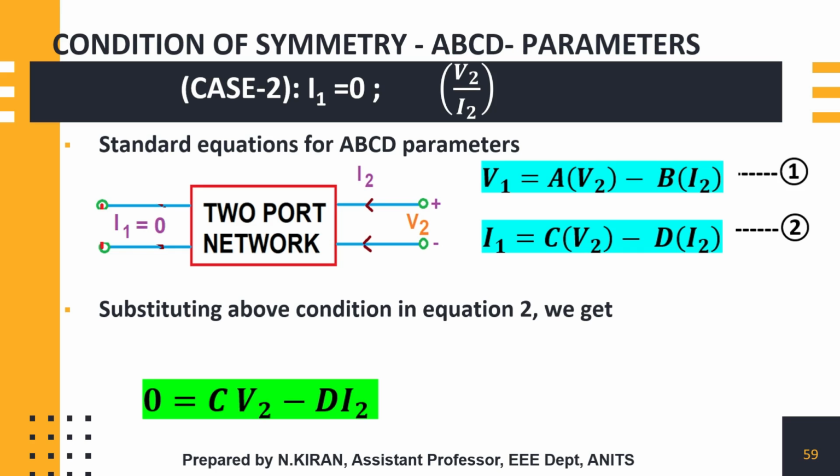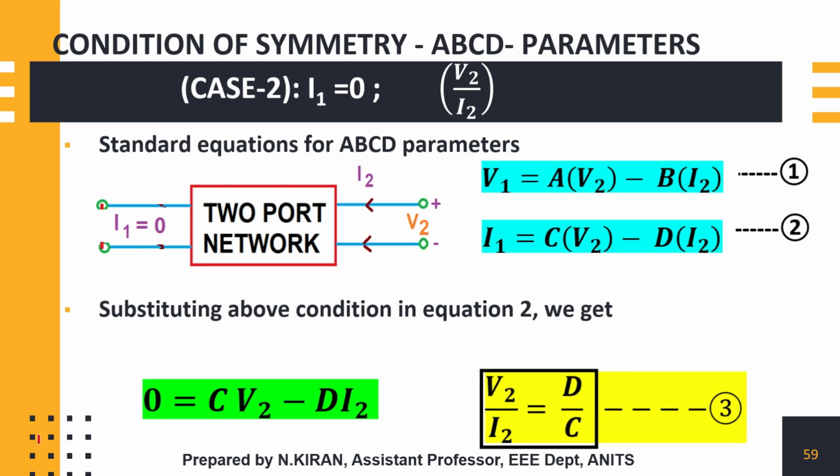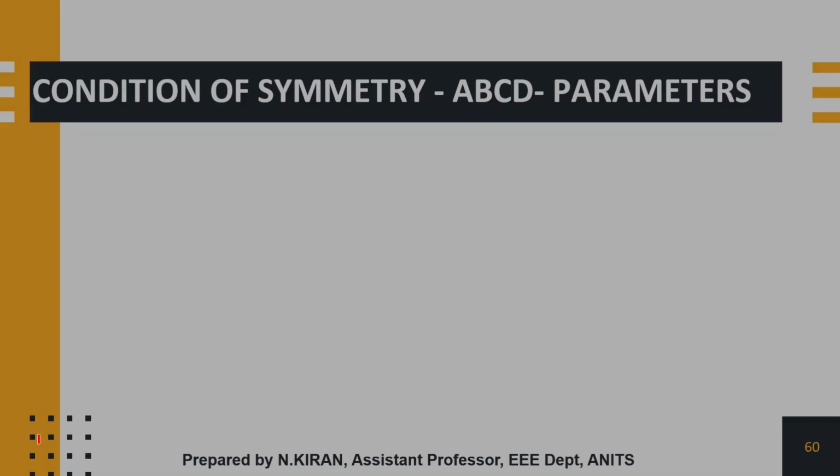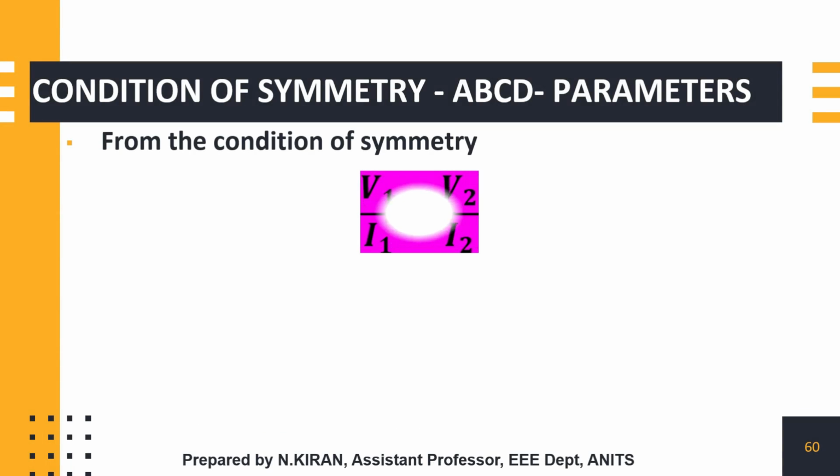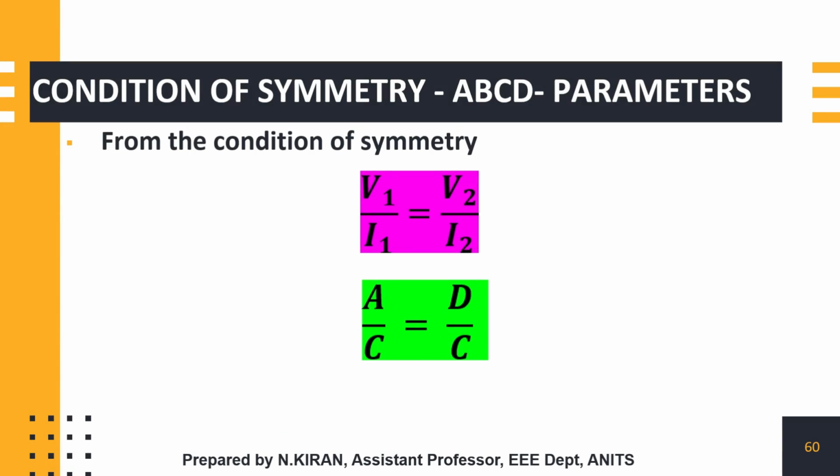Since my objective is to find the ratio of V2 by I2, I'll get it directly from the second equation, that is V2 by I2 will be D by C. So equating both the relations that we have obtained, we come to the conclusion that the condition of symmetry in case of ABCD parameters is A is equal to